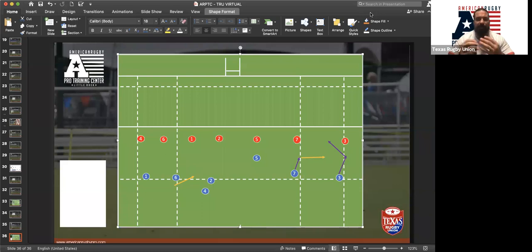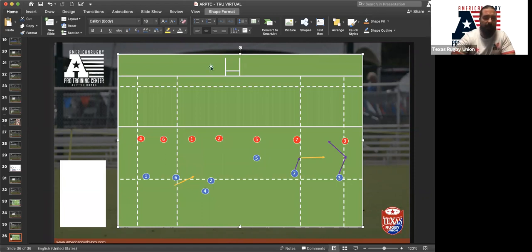Any kind of terminology is a great way to get everybody on the same page. A lot of the things we do as coaches and rugby players are the same as everybody else, but New Zealand will call it different than America, and America will call it different than England, et cetera. So it's not necessarily wrong if it's a different terminology, it's just a different name for it. So there's no problems there.